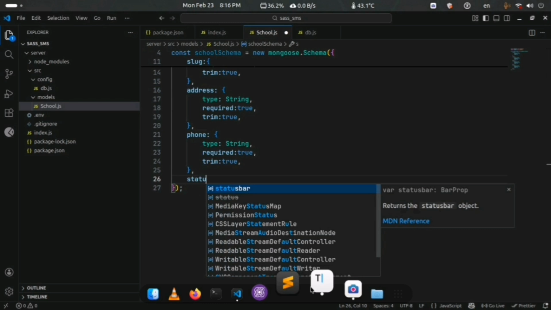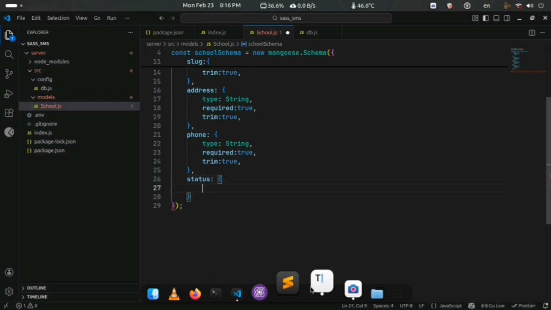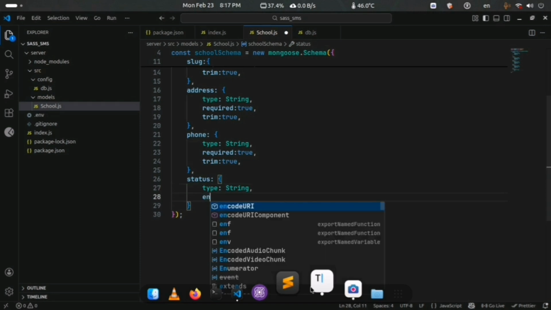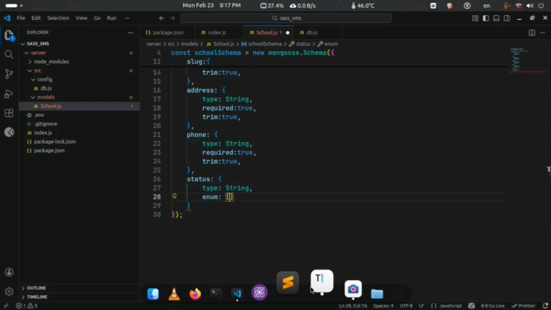Next, status. Type String, enum: active, suspended, trial, default trial.